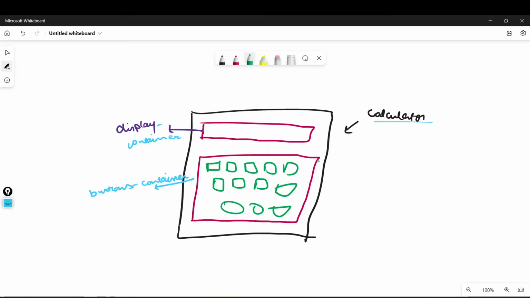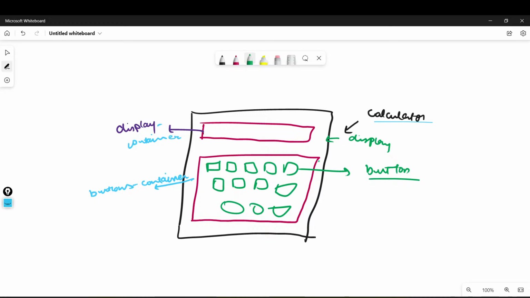And please note this thing: every button has a class called button. What is the purpose of that? We will come to that later, right? Every button has the class button so that we can identify whether we are clicking buttons, while the display has a class of display area or display normal, right? Why we are giving every button the class button, we will see in just a moment.